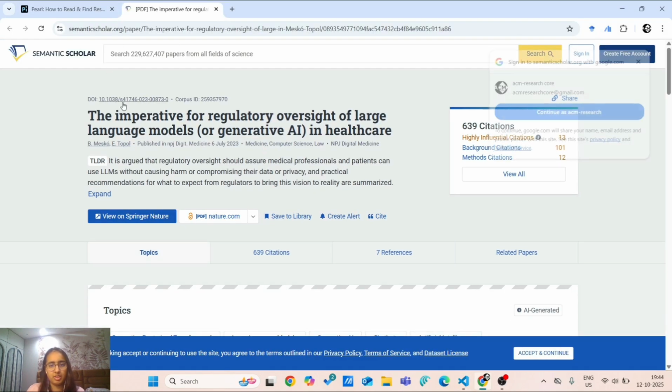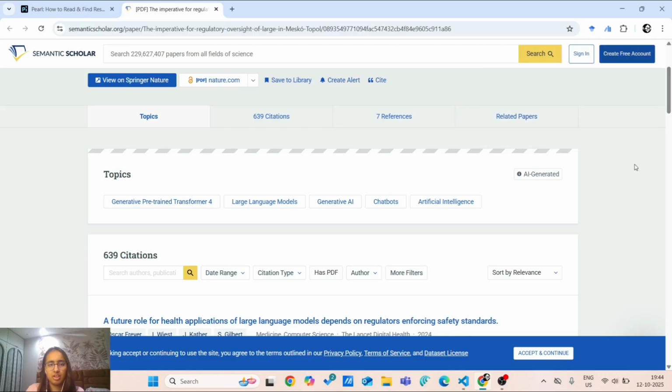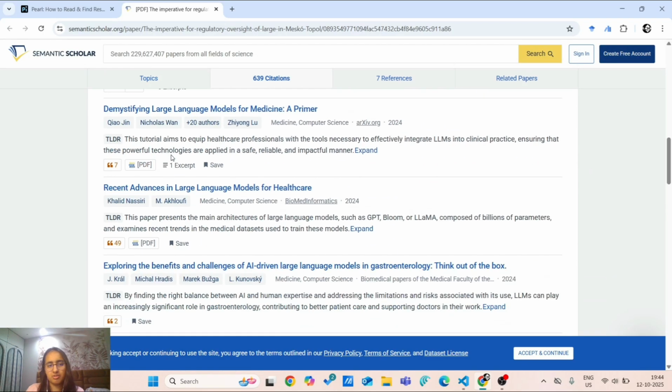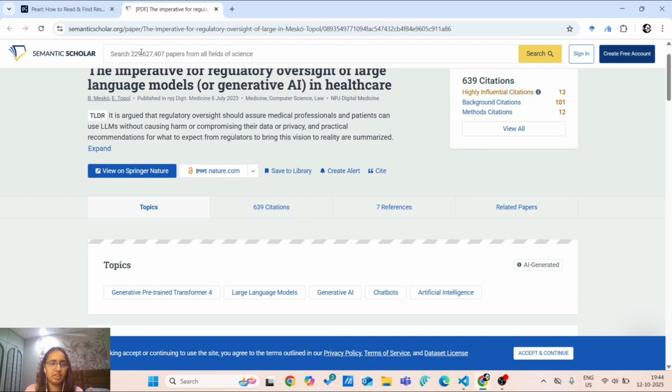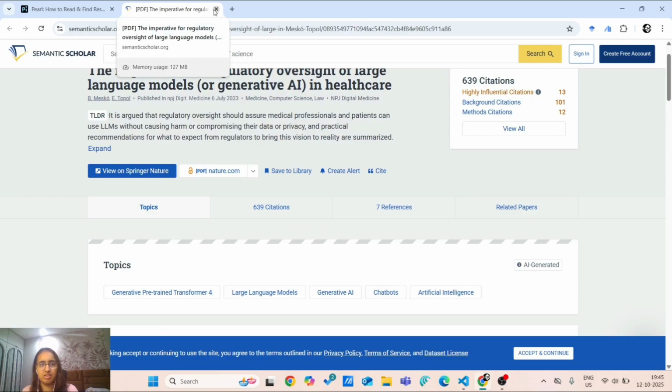Semantic Scholar is also a very good place where you could find research papers. You can just click on them and you will get all the papers that you need. You just need to type the right keywords. Once you have your primary and secondary domain, you can easily type them and search them around and then read all those papers. This is how you could find the paper.